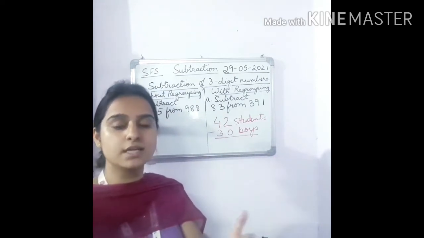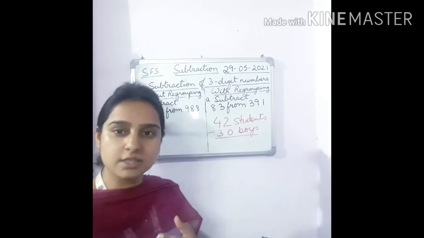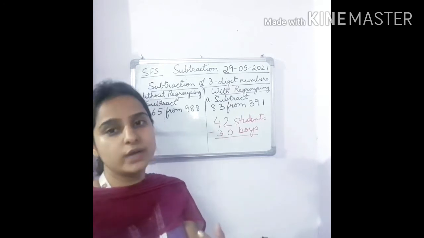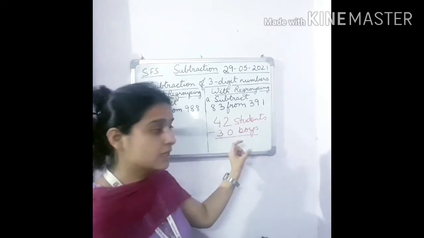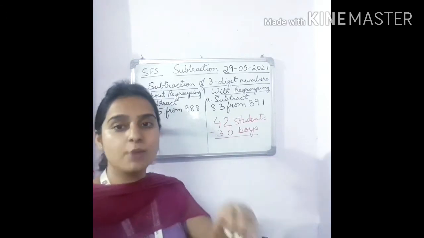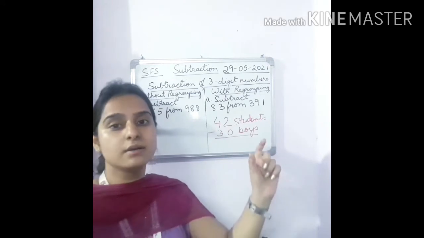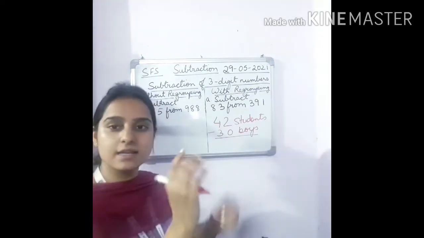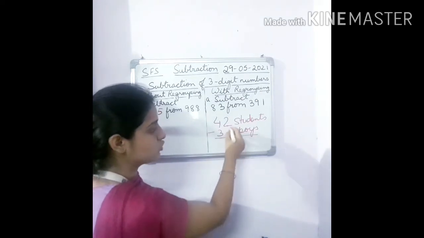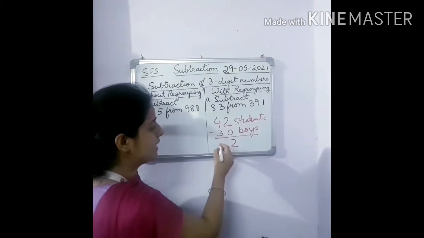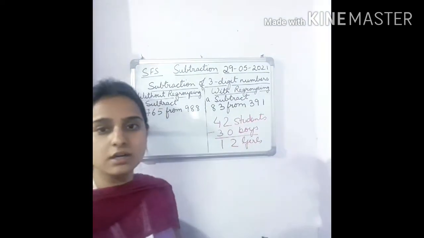If I ask you how many students are there all together in your class, then what are you going to do? Addition. When I ask total, then you do addition. But when I ask you about one particular part like girls, how many are unsold, how many are remained, these words when I use, that means I am asking you one particular part, right? So how do we find the less part, the small part? That is by subtraction. 42 minus 30, 2 minus 0 is 2 and 4 minus 3 is 1. So we can say that there are 12 girls in your class.